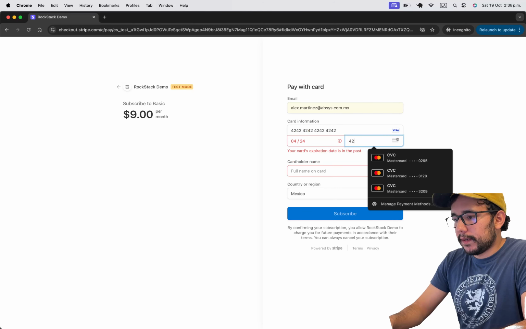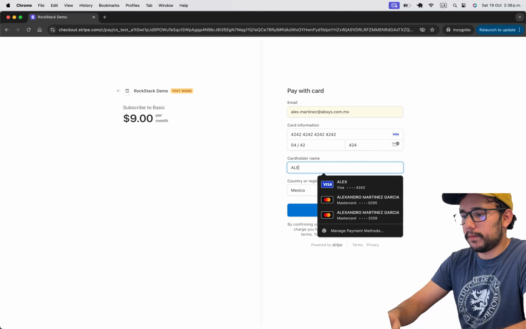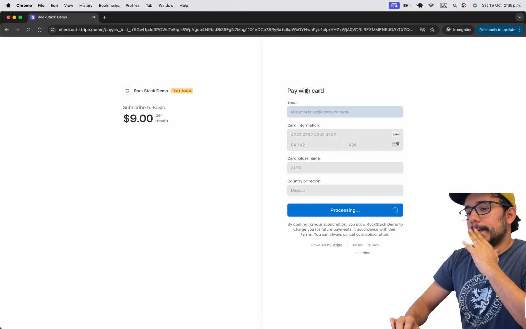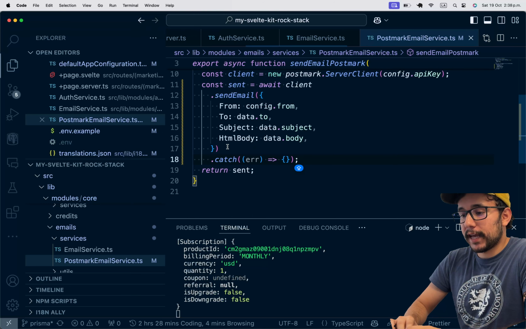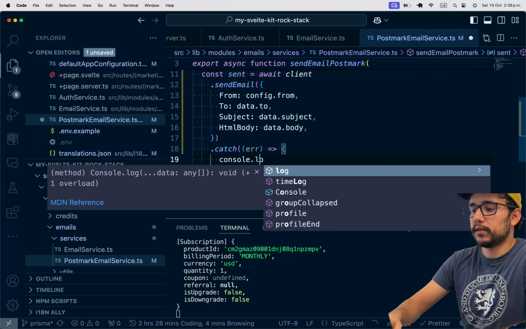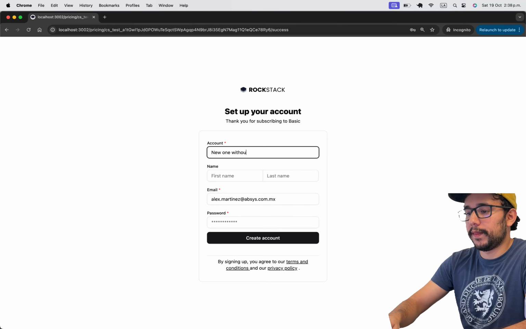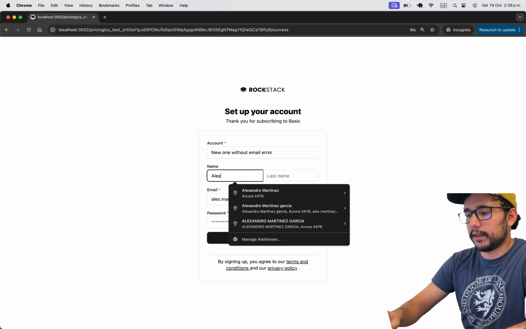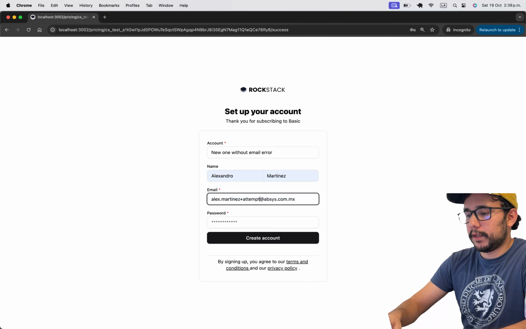So again, any numbers, Alex again. So whenever I create the account, I should not have this error. Actually, I'm gonna console log this postmark error. And now I'm gonna refresh the page, new one without email error. Alexandro, attempt number 2,